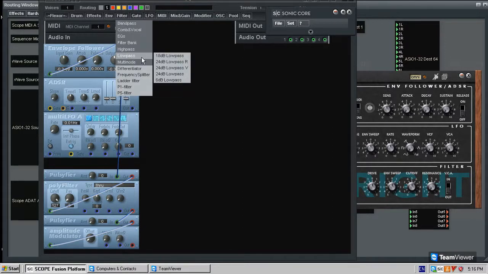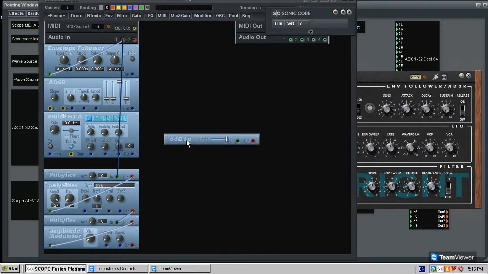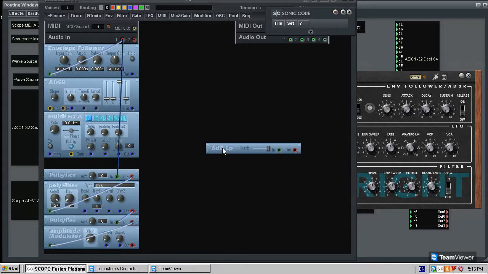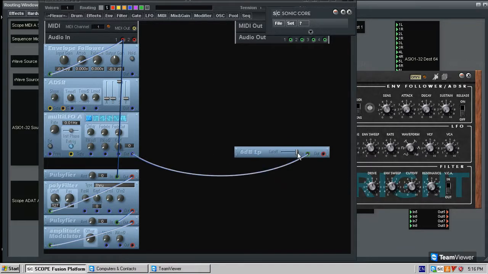So there's a little modular trick for you guys. If you go over to the filters and pull out a really simple 6 dB low pass filter without any modulations on it, you don't need anything, and connect the LFO's output. Remember, this is a control signal, right? You connect it to the 6 dB low pass filter, and you take this filter almost all the way down. If you take it all the way down, it will obviously totally change. It'll turn it into a sine, basically. So you're taking it almost all the way down, opening it just one or two notches, and what it does, as you can see right here,